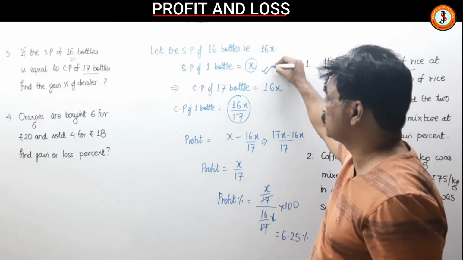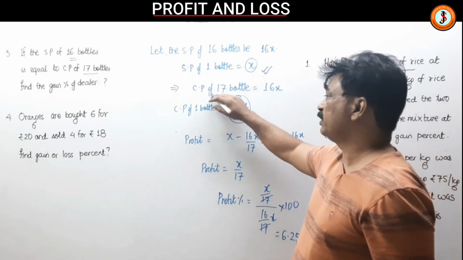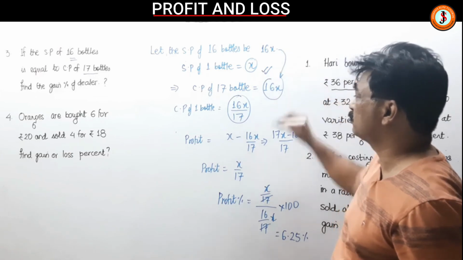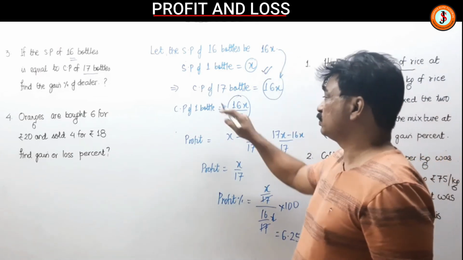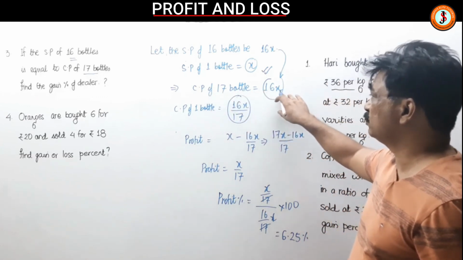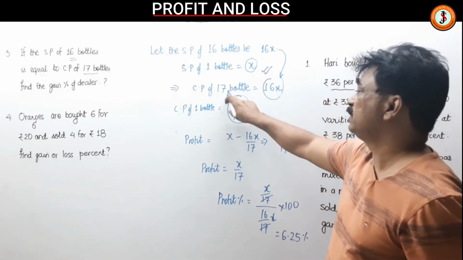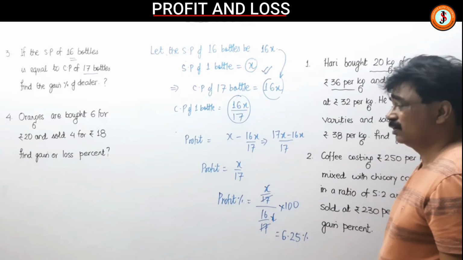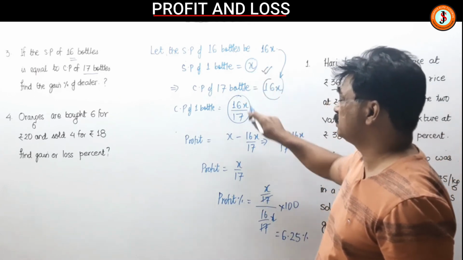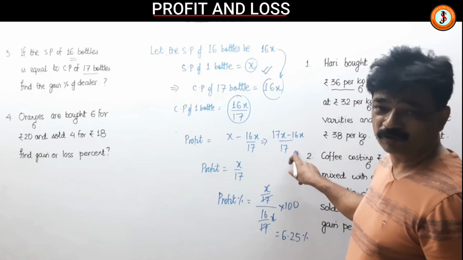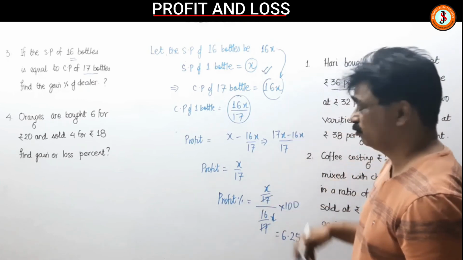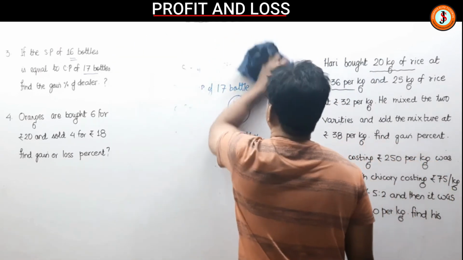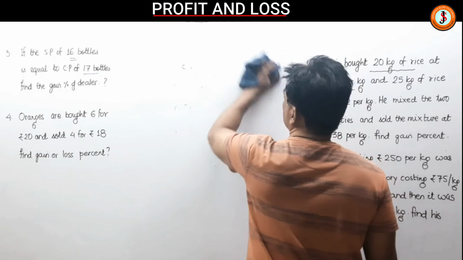So एक बॉटल का SP मिल गया और 17 बॉटल का जो CP है वो 16 बॉटल के SP के बराबर है. तो 16 बॉटल के SP को हम 16x मानें हैं सेलिंग प्राइस. तो अब कॉस्ट प्राइस ऑफ 17 बॉटल इज इक्वल टू सेलिंग प्राइस ऑफ 16 बॉटल. तो 17 का कॉस्ट प्राइस 16x है, तो एक का कॉस्ट प्राइस क्या होगा? 16x by 17. अब प्रॉफिट कैसे निकालते हैं? SP माइनस CP. तो एक बॉटल का हमको प्रॉफिट मिल गया, एक बॉटल का हमको CP भी मालूम है, फार्मूला में डाल दिए. सेम चीज़ वो फोर्थ क्वेश्चन ऑरेंजेस वाला में भी करेंगे. एक का CP निकाल लेंगे और एक का SP निकाल देंगे, सवाल बन जाएगा.